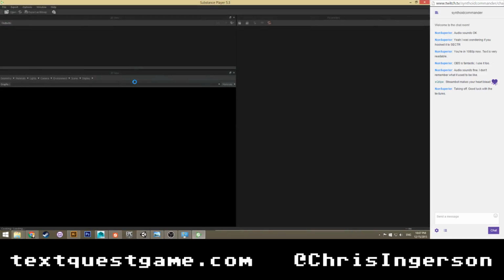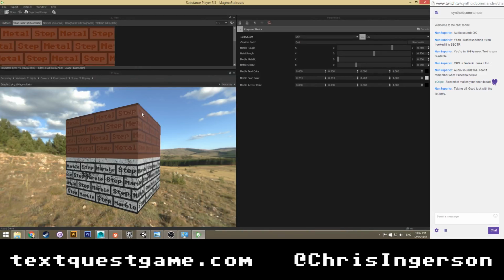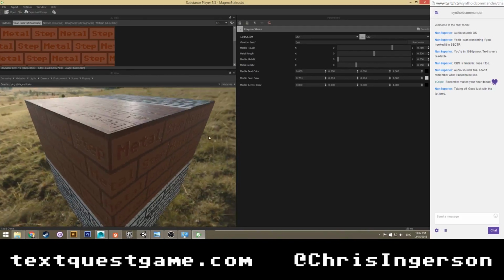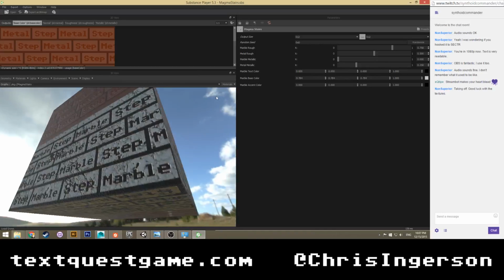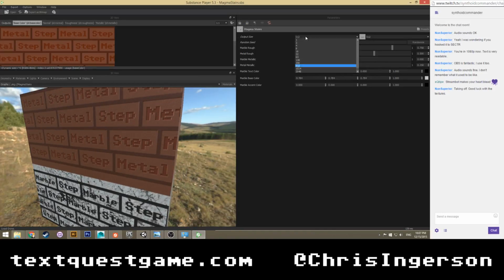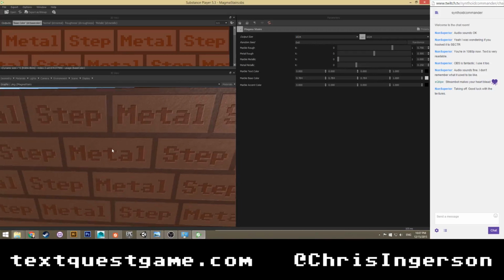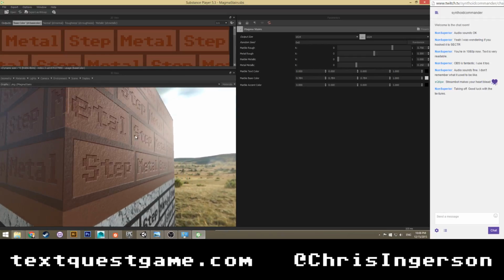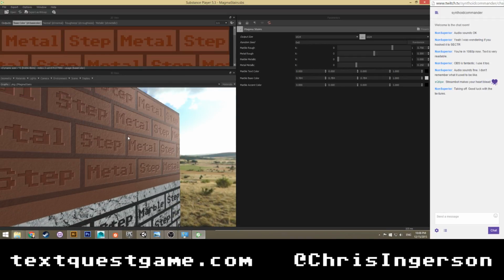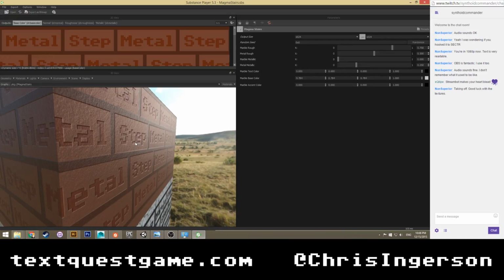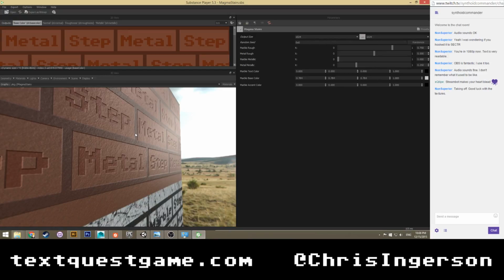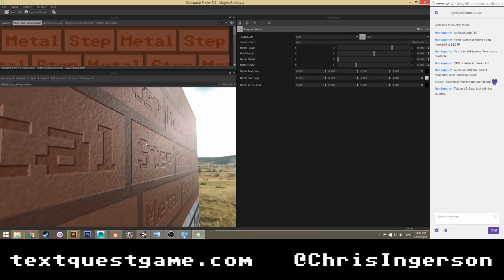Let's take a look at it inside Substance Player. So here's what it looks like. Not bad, not bad, not bad. It looks nice. Go ahead and up-res it to 1024. Of course, that always makes it pop even more. I really like that. I like the metallic being slightly metallic and slightly reflective, or slightly smooth. I think that works very well. Yeah, that gives it a good matte feel to it. Nice.